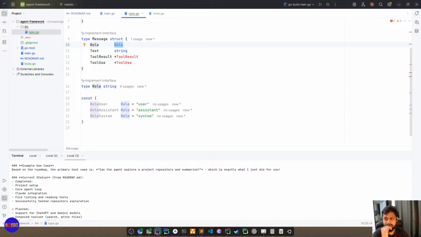So this is what a message comes with, three types of roles. So let's finish with our tool result, or tool use.